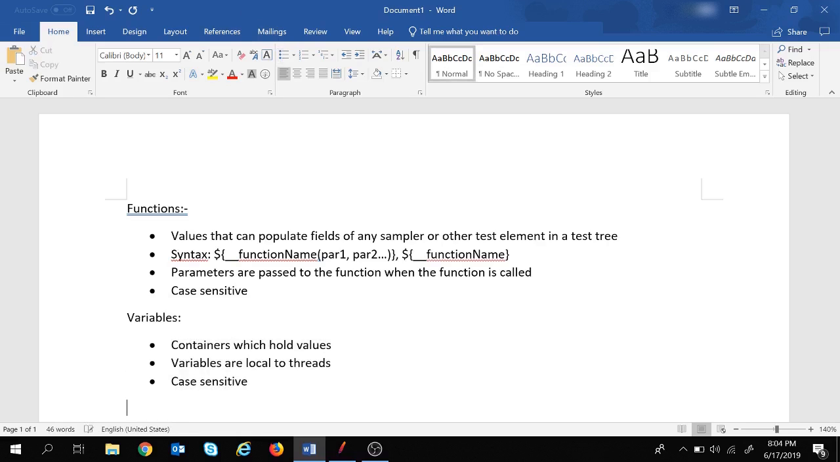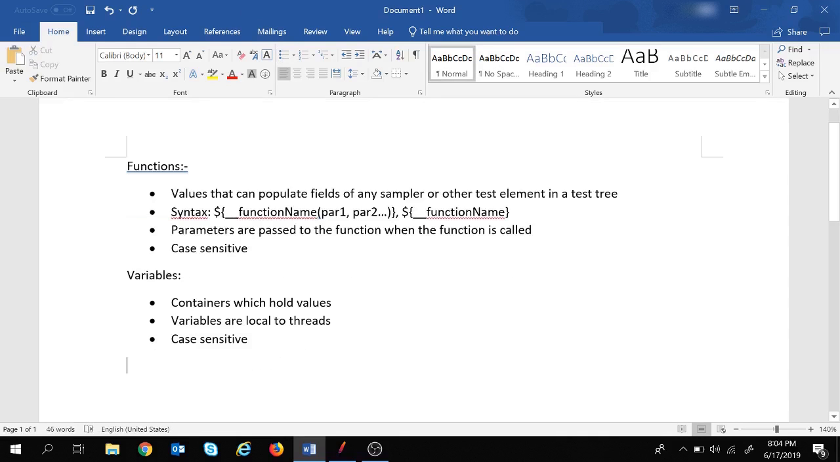Now that we are familiar with functions and variables, let's look into some of the functions which JMeter has provided for us to use. Let's see the function names we have. The first function which we are going to look into is the log function, which is used to log a message. So I'm going to write: used to log a message,